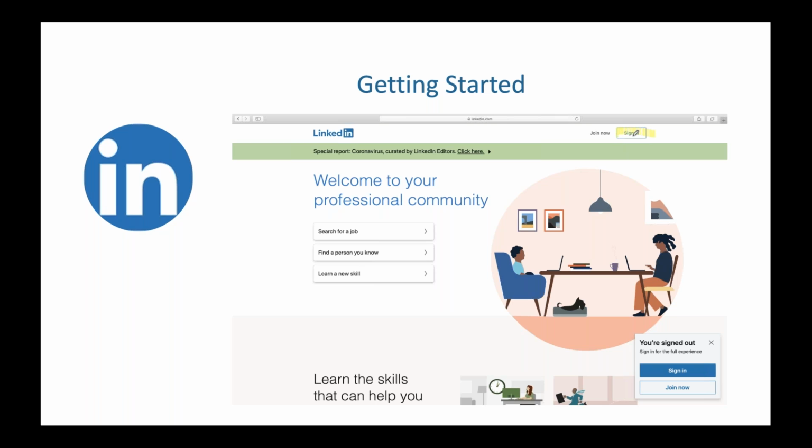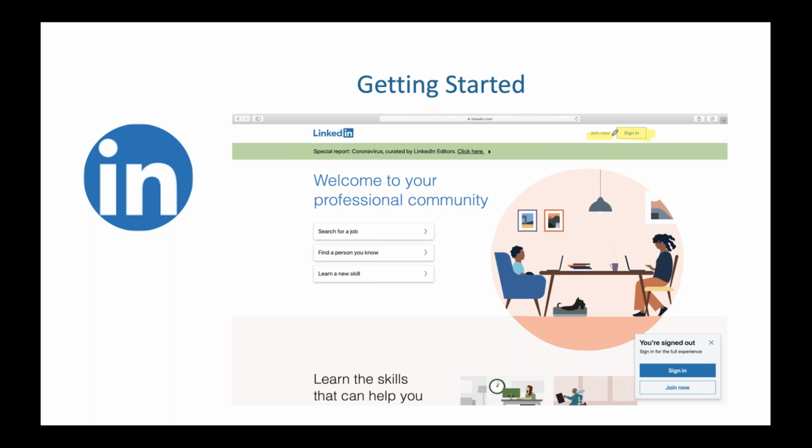So if you already have an account, you're going to go to sign in right there. And you're going to need your email address and your password. If you don't have a password, there is a way for you to get it, just like any other online account that you might have. What's really important is that if you already do have an account, you don't want to start a second one. It's hard to get profiles taken down, so I would spend a little time and dig that information out.